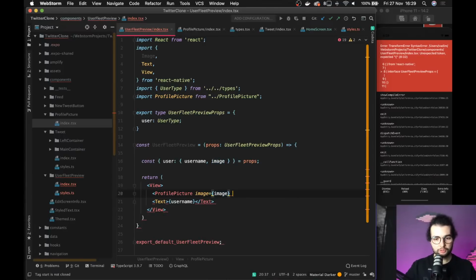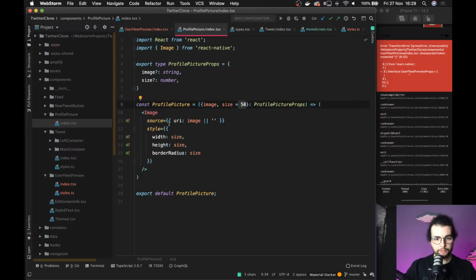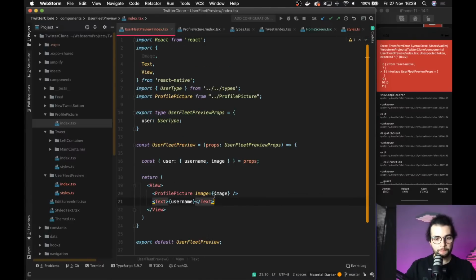No username, sorry for that. And for the size, let's leave it as the default value, and we'll see shortly if it works. So yeah, profile pictures, source, right image. Yeah, I think that's how it's done. And now we should go back to our,